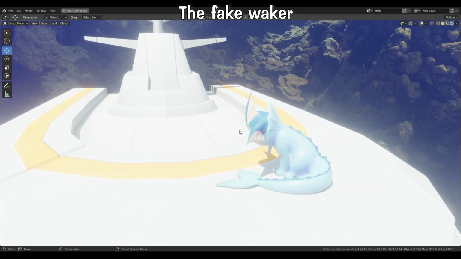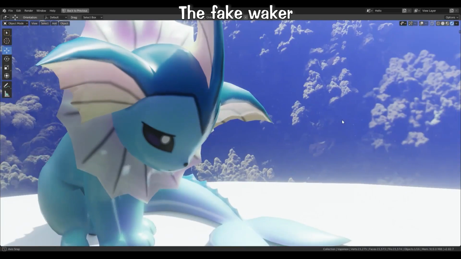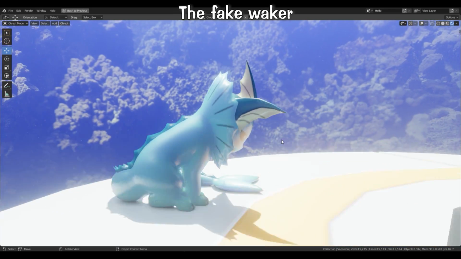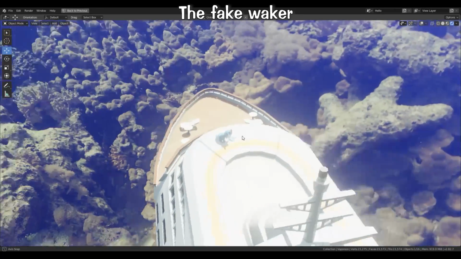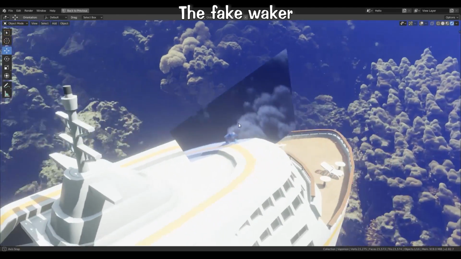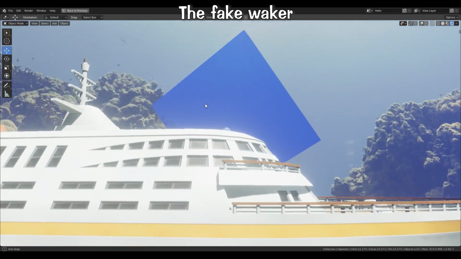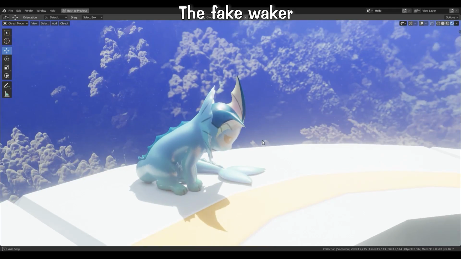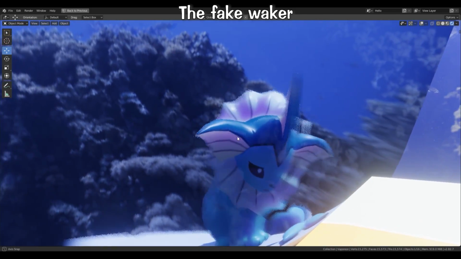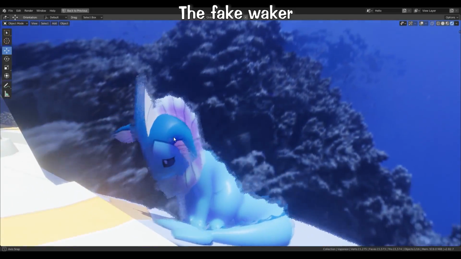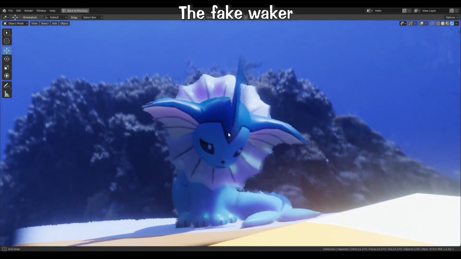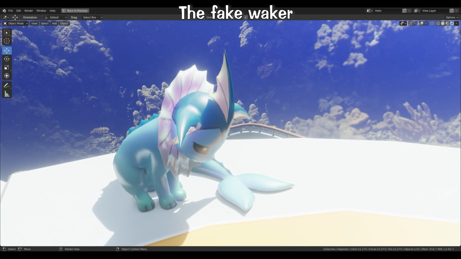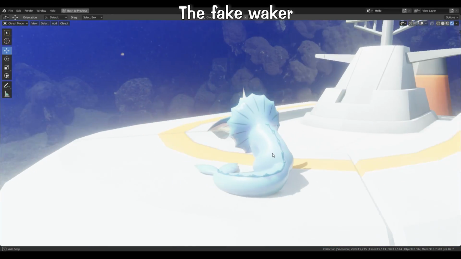For the Vaporeon animation showcase, to do the special color effect and the weird refraction, there is actually a plane in front of the camera. If I go here, as you can see, there is a plane, and this plane is distorting the view. For example, if I zoom near and then I enter the plane, bam! This is how the reflection effect has been done. And for the wavy effect, it's just a special effect in Adobe in the video editing. It's not made in the animation itself.